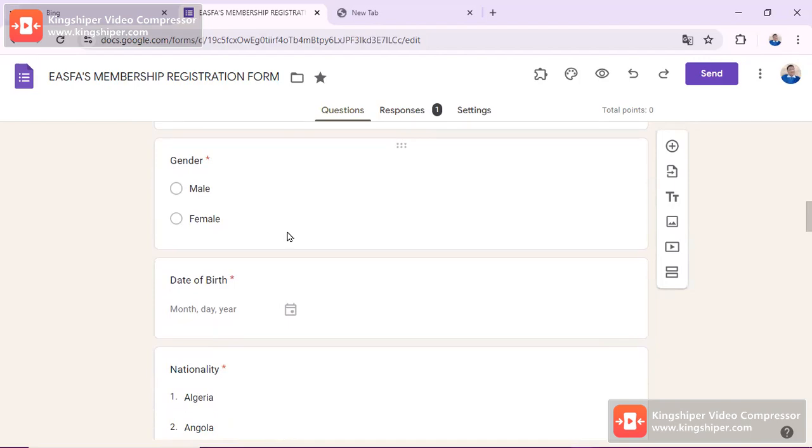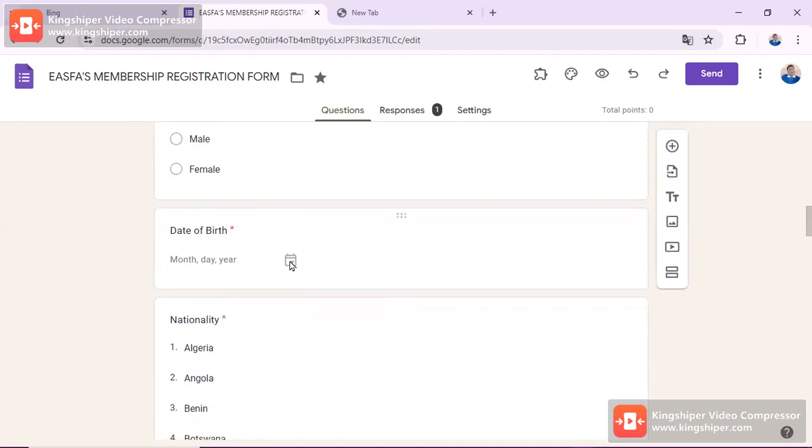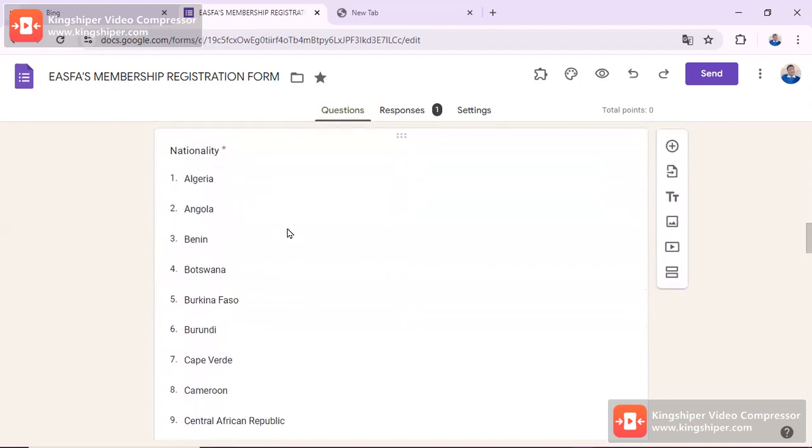The date of birth starts with the month when you were born, the day, and also the year you were born. Where I am pointing shows the calendar of the day, month, and the year. Then from there, we talk of one's nationality.